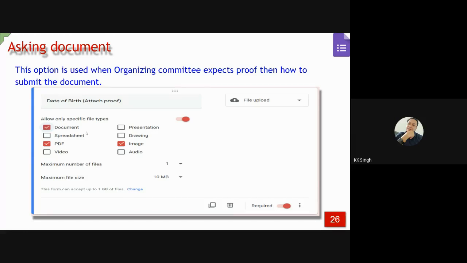Since I want to take the date of birth proof for submission, I can use a document, PDF, or image. Whatever the participant or the student has can be uploaded through this option called file upload. This will automatically be saved in Google Drive, and from that drive, the clerk or the dealing person can have it.